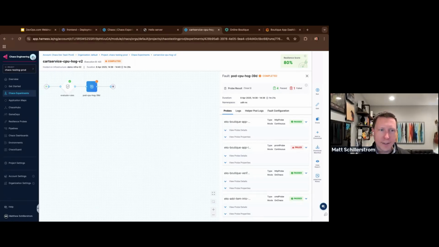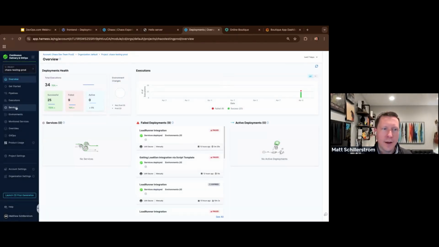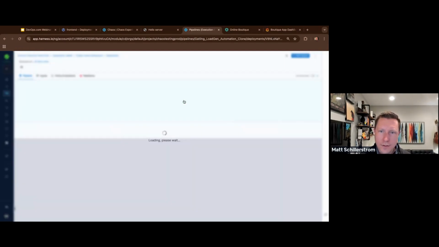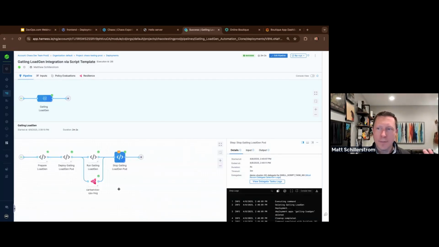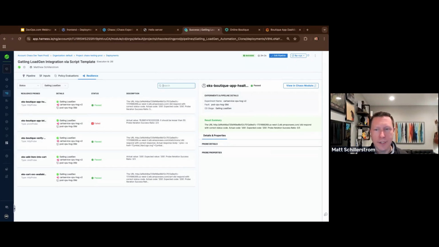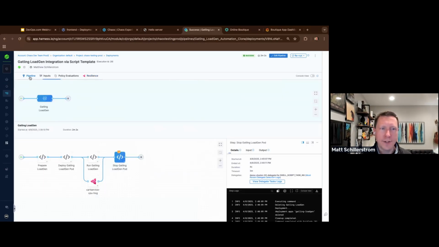And then if I go back to that pipeline, I can see I have my whole test here. So it successfully did the load generation with Gatling to do more of that load testing. And then it coupled it with the resource exhaustion through the CPU. And then if I click on the resilience tab, it pulls in all of my information for the probes that I had. Because again, it's not just about injecting failure into the system, it's about measuring it so you can repeat it. But then you can have this report of the tests that you can consistently run.